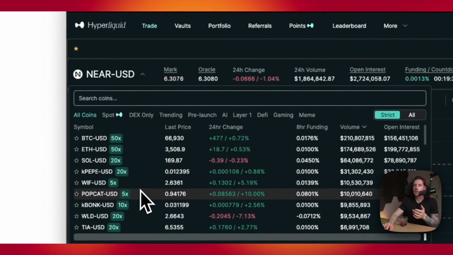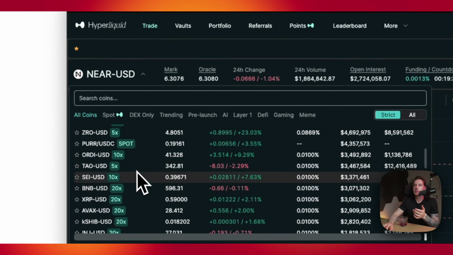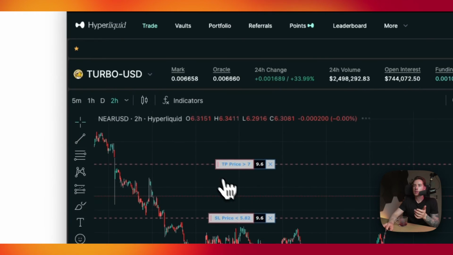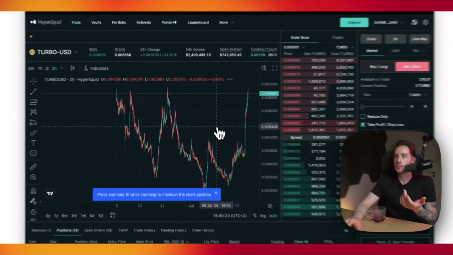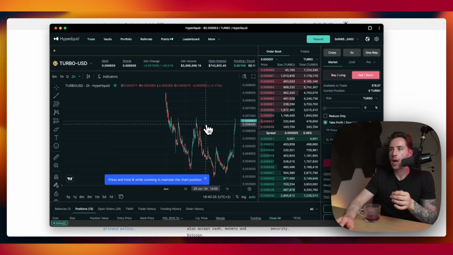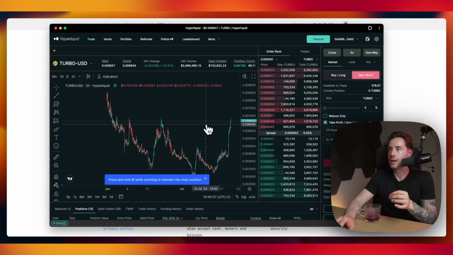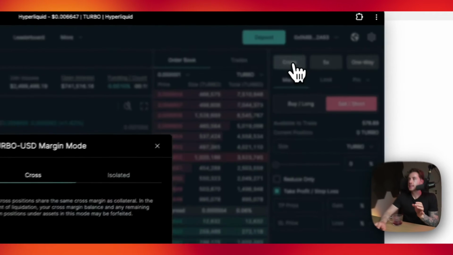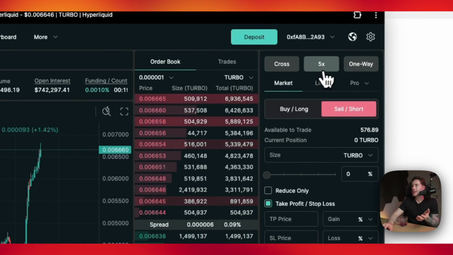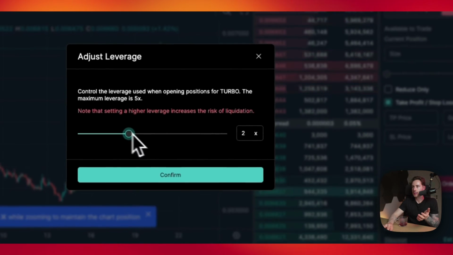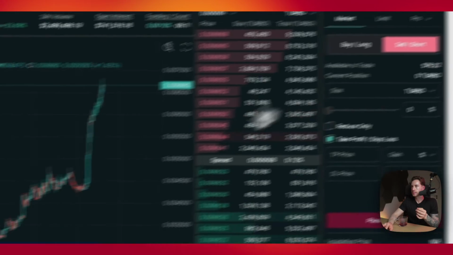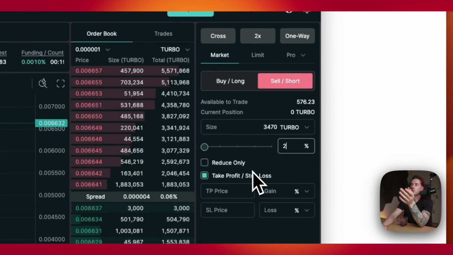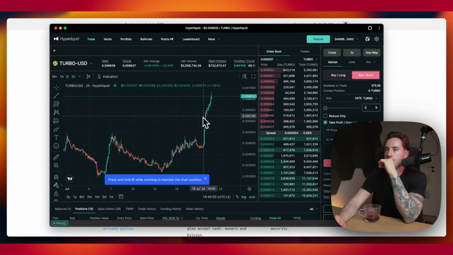And let's just say if I wanted to do that for, let me take a look. Let's just say I'm on Turbo, and I see the price just absolutely tear, 35% gain, and I wanted to short it. Then I would just click on this, and from here I could do cross or isolated. I'm just going to do, let's say, 2x, and I will just do, let's say, 2%, and I'll do take profit at